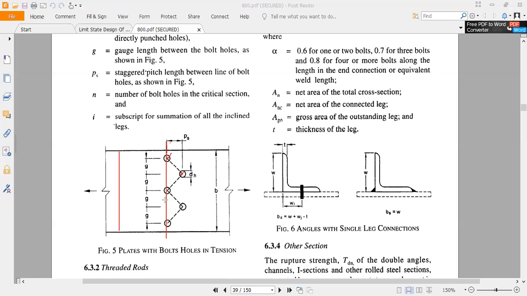That means 3 into hole. Okay, 3 into B minus 3 DH. Is not it, because if you select this line, then the net area at this line will be B. This dimension is B, mentioned here. This is B, and B minus number of holes. How many number of holes are there? 3 number of holes are there. So B minus 3 DH. Okay, so this will be the area into T.